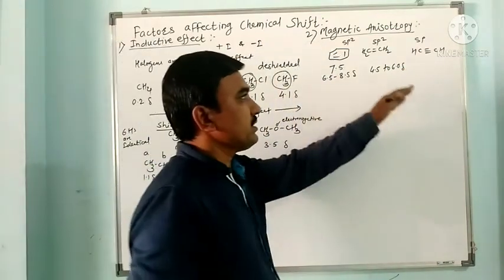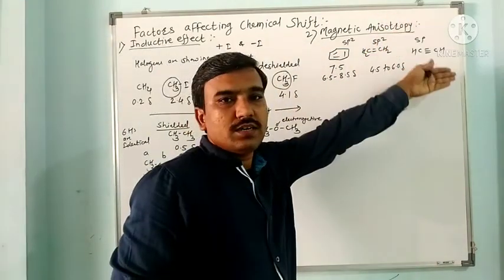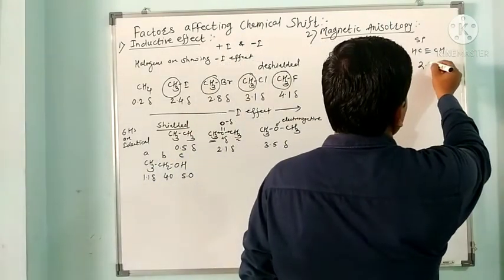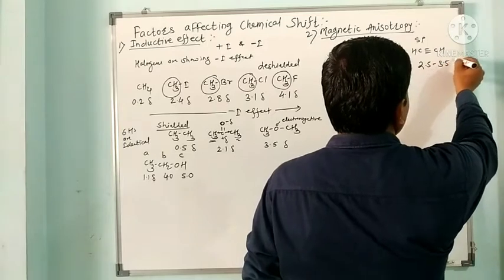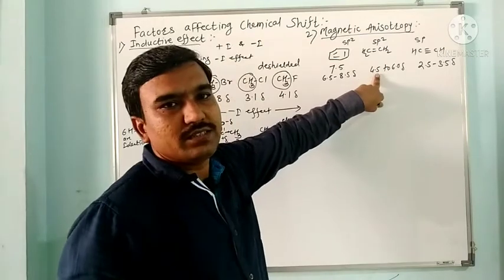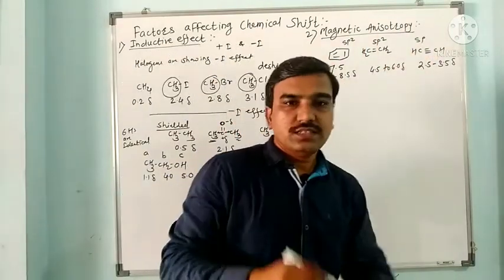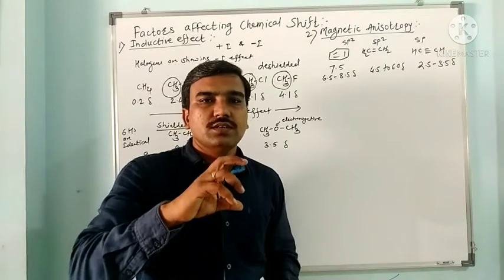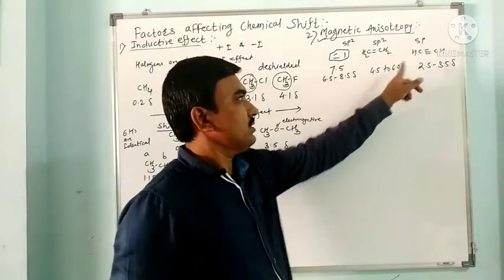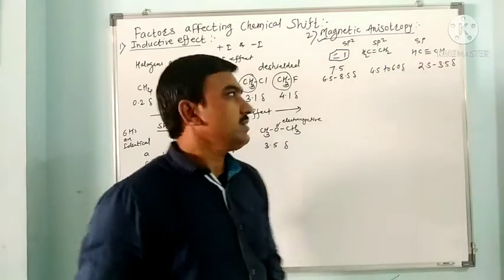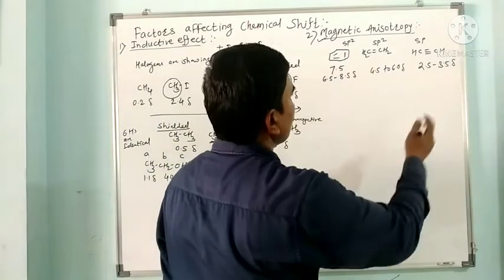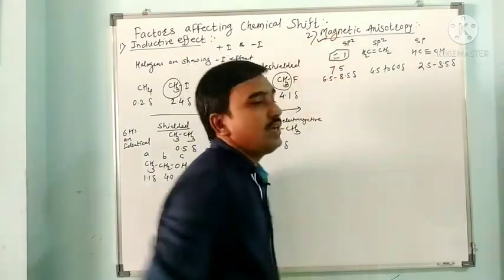And in the case of acetylene, here we expect more de-shielding, but practically it has a chemical shift from 2.5 to 3.5 delta, meaning it is highly shielded as compared to alkanes. So here we are getting some anomalous or unexpected kind of behavior. Actually we are expecting more de-shielding for this than this, but here it is around 3 delta. So here it is quite shielded. This is totally explained on the basis of magnetic anisotropy.